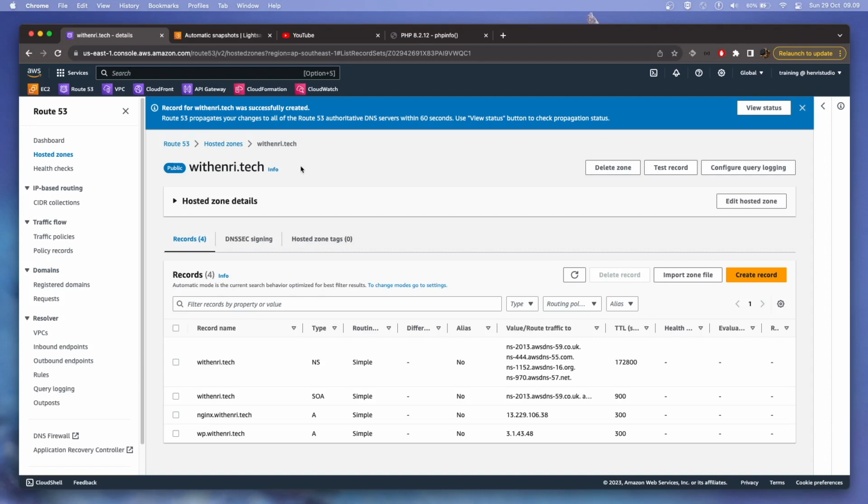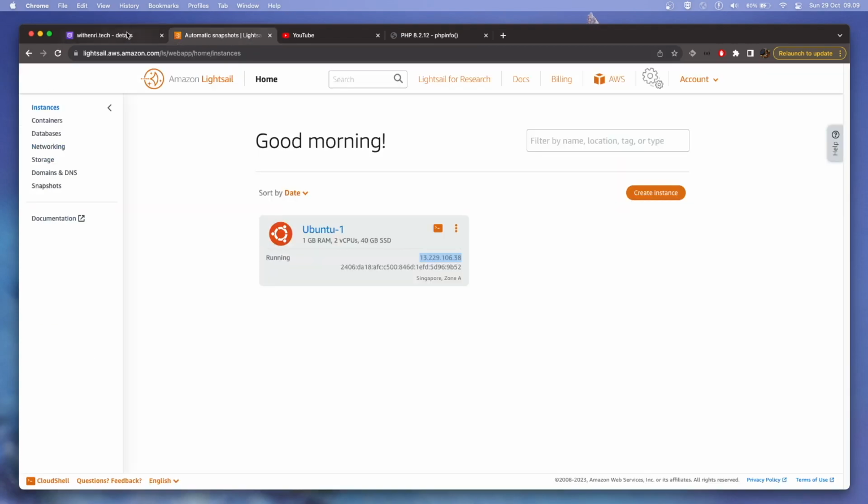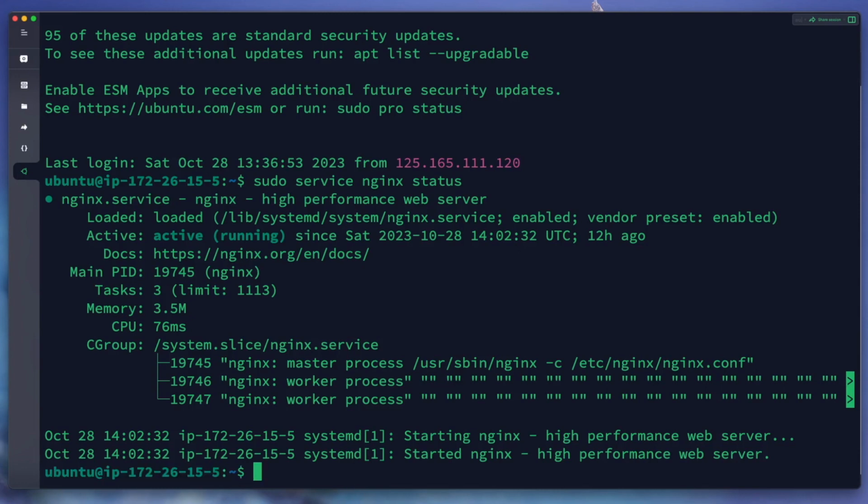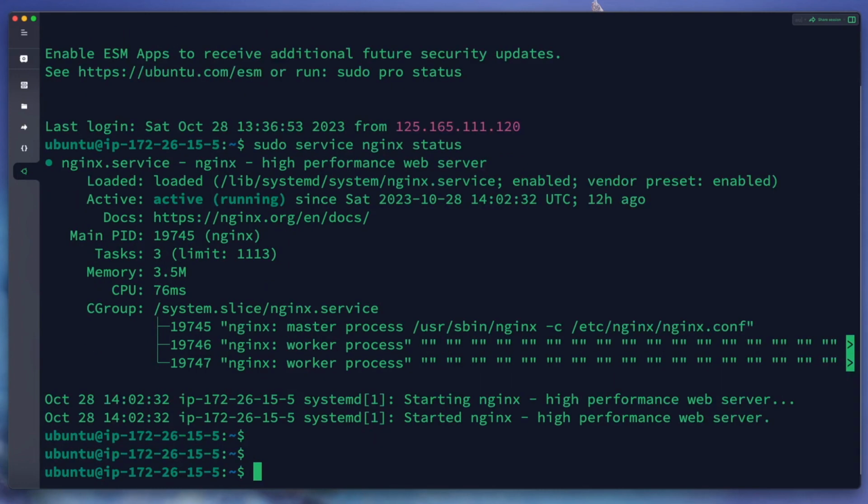I have created a domain, nginx.withhenry.tech, for this server right here. We need to make a custom virtual host or server block on Nginx. The default one is right here. We can see the default configuration of nginx is